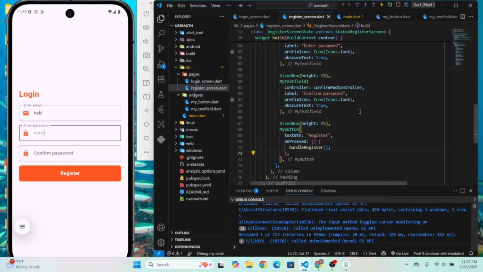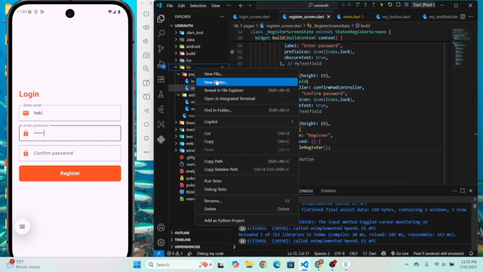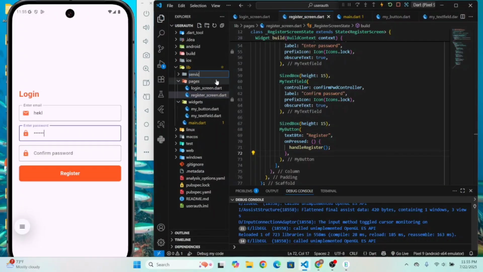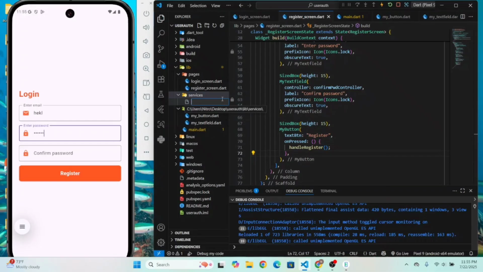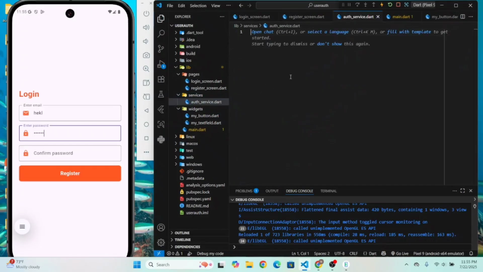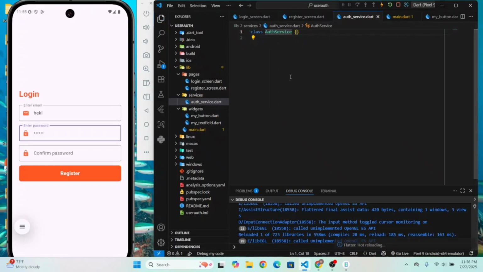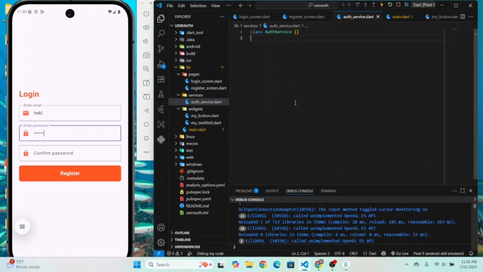Okay, now we created the pages, and now let's create a new file in the services folder. Let's create a new file, auth_service.dart, and here let's create the class AuthService. Okay, now we have to add this